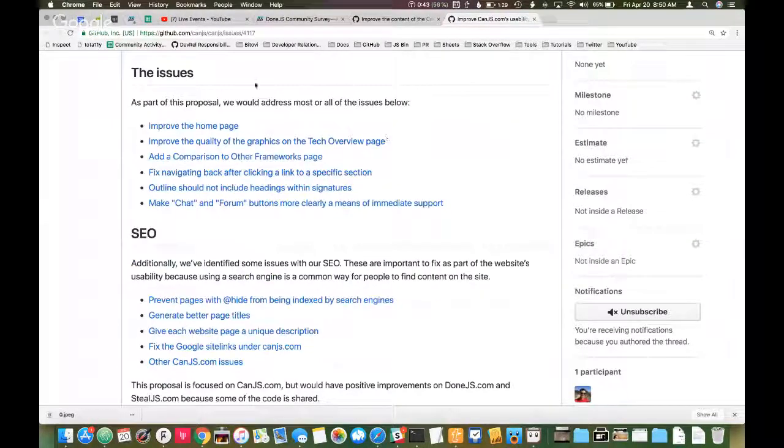So this includes a range of things from improving the homepage and stuff in our tech overview pages. We have a secret comparison to other frameworks page that is hidden that would be good to clean up. There's a bunch of small bugs in our sites, like when you navigate back or how signatures are displayed. A bunch of small usability issues that we think will not only improve stuff for new users, but existing users too,